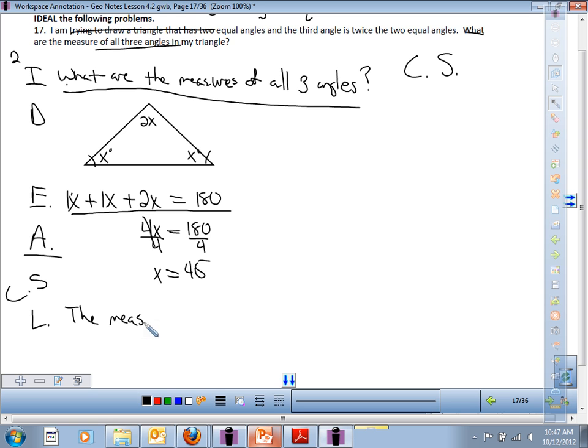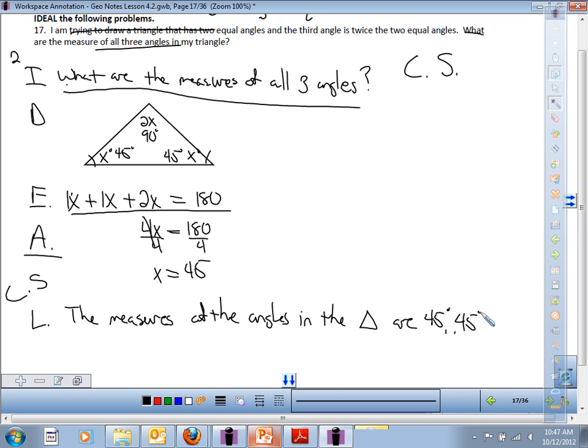The measures of the angles in the triangle are, well, we have this is X, so this would be 45 degrees. This would be 45 degrees. This would be double that, which is 90 degrees. Alright, so I'm just going to label it 45 degrees, 45 degrees,